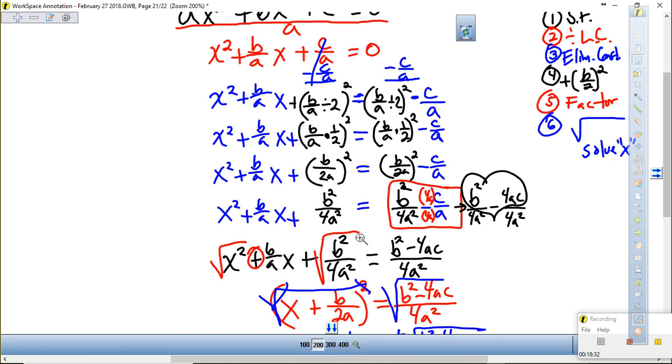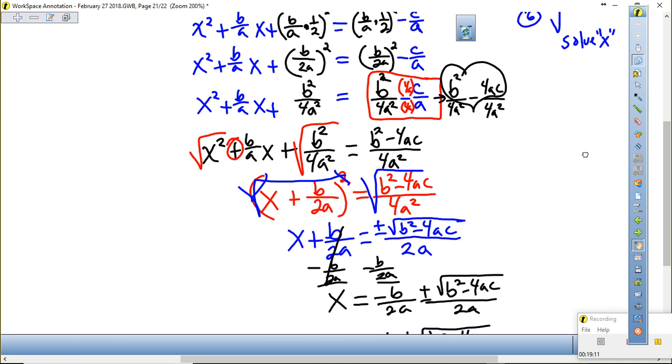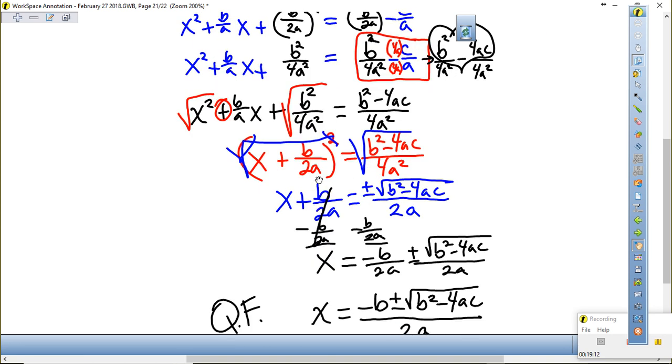Without looking at your notes, see, okay, square root of the first, square root of the last, plus squared, bring that down, and then check your notes. Oh, yeah, I got it. Last step, square root and solve for x. Okay. And you go, let's see. Oh, factor, my bad, factor. So then you factored square root of this, square root of that, and then we're left with x plus b over 2a equals 2 plus minus. And then you remember,